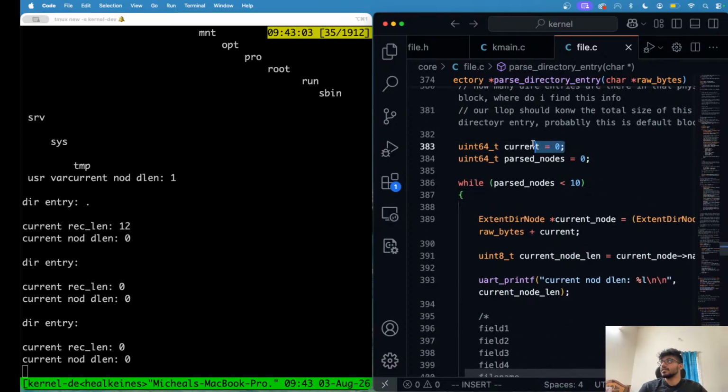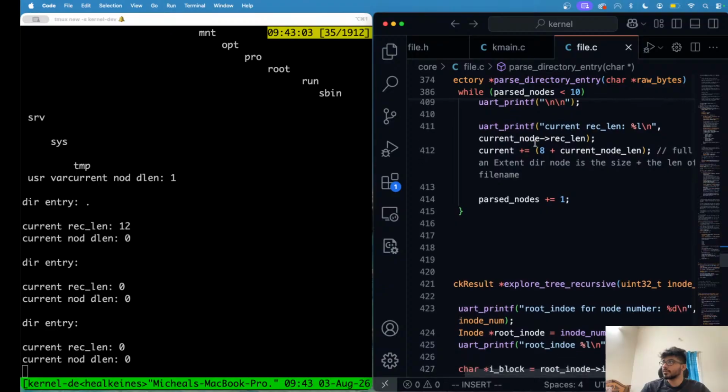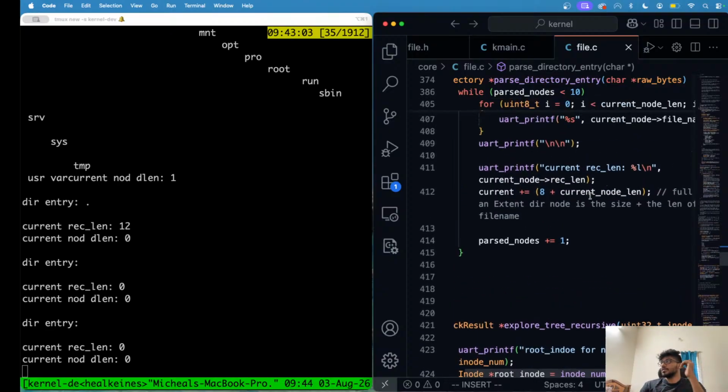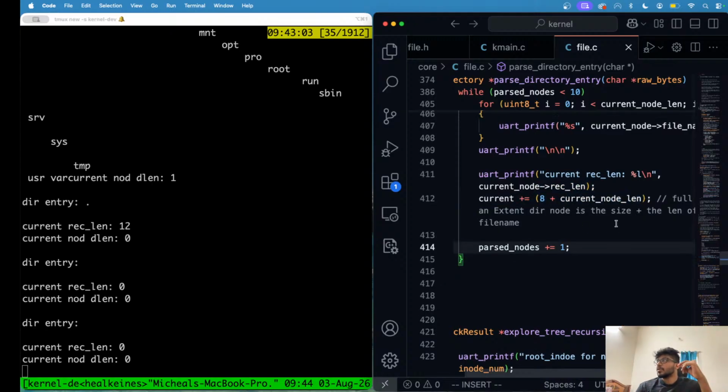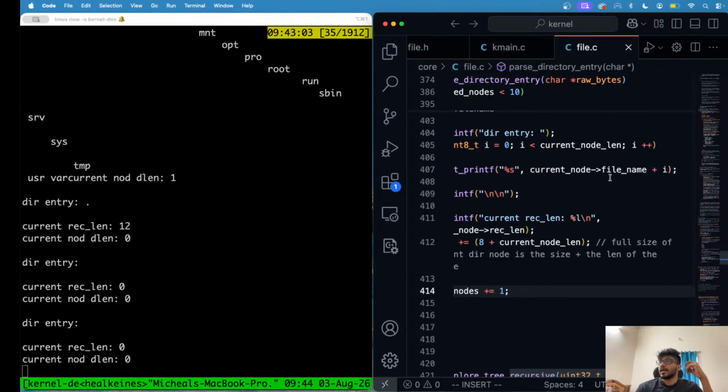And current is initially set to 0. If everything is correct, this should be the actual value to get passed. Okay, so what we can do is that instead of printing this,